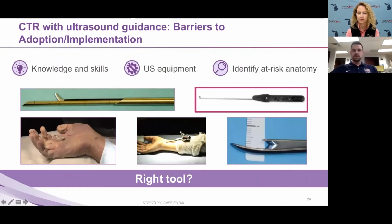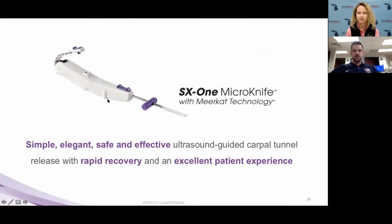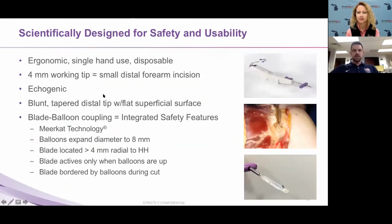But here's what they were using, right? Tools that they would do an endoscopic with, or different kinds of blades and resectors. So here's this device that was designed specifically for doing a carpal tunnel release. It's called the Sonex microknife. And so it is basically a handheld device that you can use in your one hand while holding the probe with your other hand. And then it has a